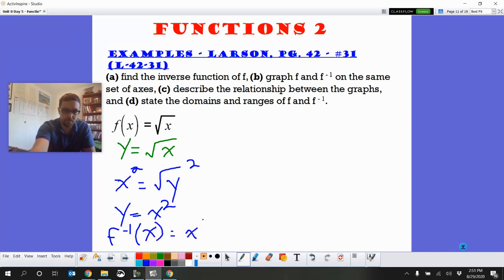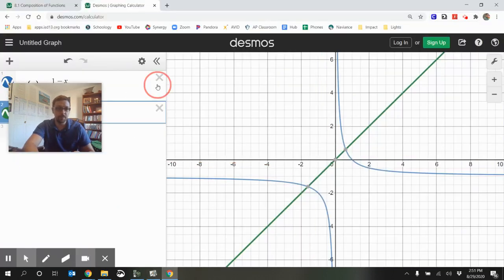is x squared, which you think is just going to be a quadratic and it's going to have the full U, but it's taken from this square root function. So the information from this is not lost when it moves over to this other one. For this to be a proper inverse, it needs to follow some rules from the original. If we graphed these,